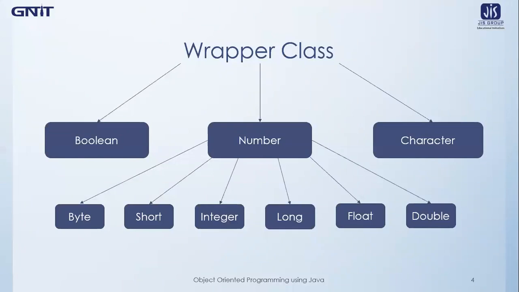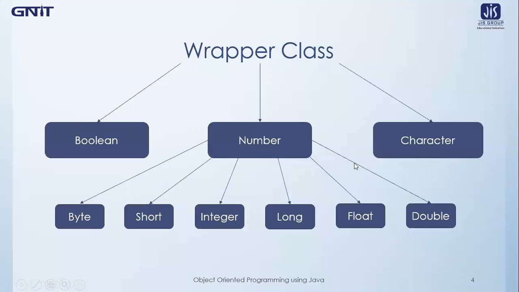So if you want to deal with those values, if you want to manipulate those values, how are you going to do it? That can also be done using the wrapper class, which is another function of the wrapper class. So the wrapper class can also be used to convert strings into data types, which is known as a parsing operation. And for that, certain methods are already defined inside the wrapper classes.